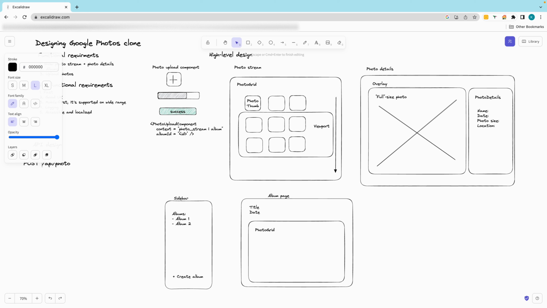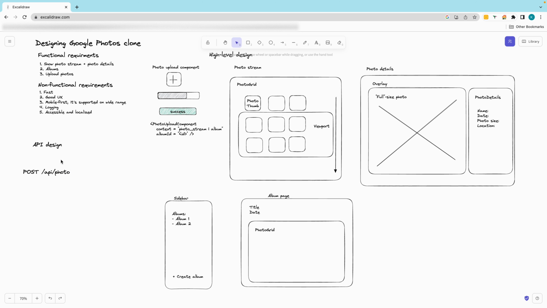Again, if we are talking in terms of REST, this will be the API that accepts the photo upload, and so this is where we will be uploading the photo. It will,